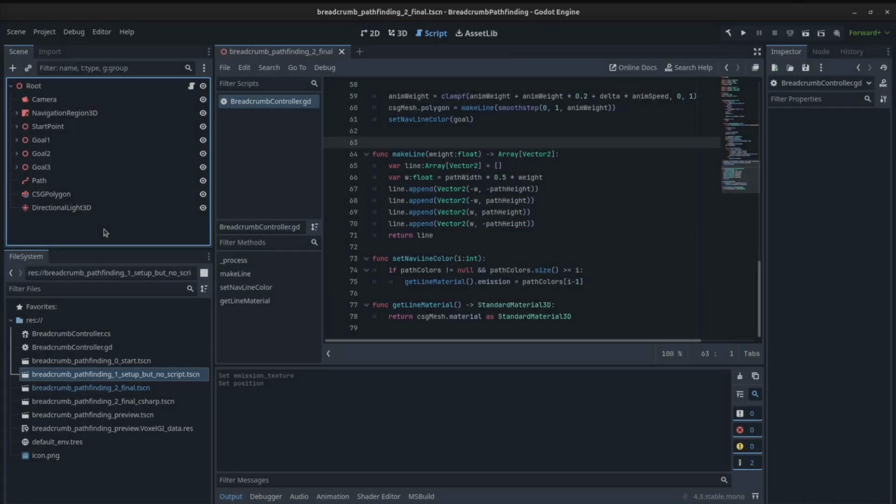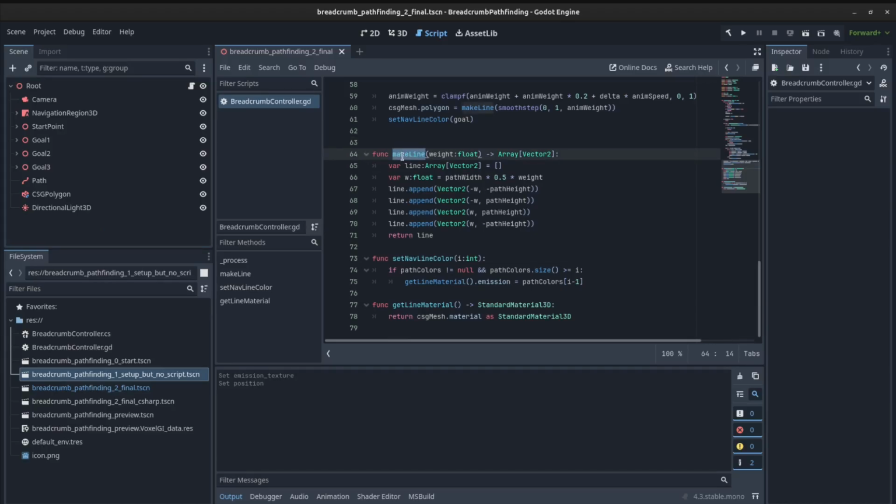Okay, so I wanted to clarify a couple of things. The main thing I wanted to clarify is this make line function. What this make line function does is not actually make a line, but rather makes the face for the line for the path. And each of these adds a point for the rectangular face that ends up getting extruded